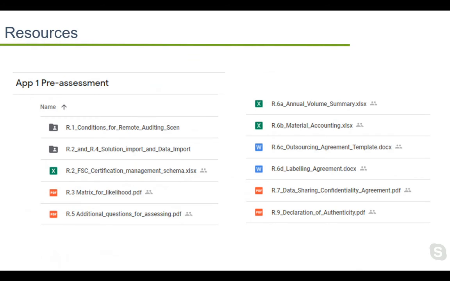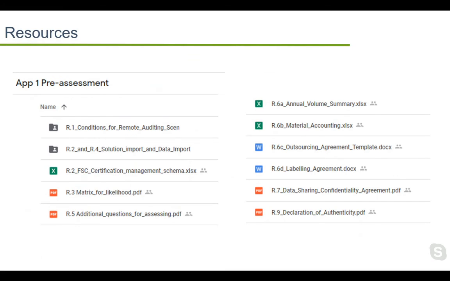This spreadsheet, R2 FSC certificate management schema, is basically a spreadsheet containing more detailed information about each attribute of each entity in the certificate management schema. So let's say it's an add-on to resource number 2.